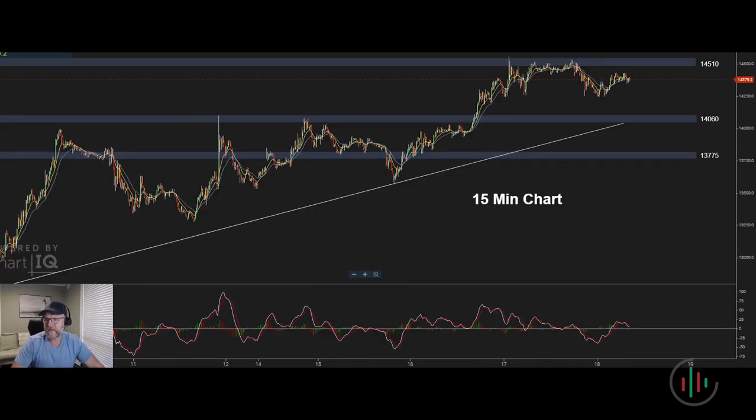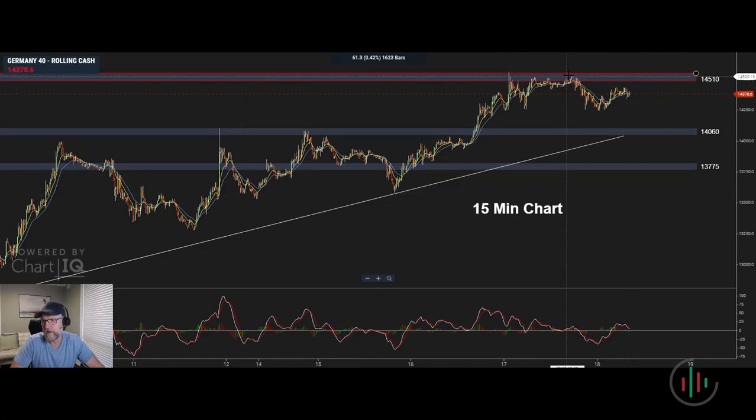Now the DAX was held at that 14,510 area, faded off there, popping up, but it looks like the momentum's fading again. So this could be a lower high. If that's the case, then I'll be looking for, if we're going to stretch this out, here we go, that's the move down. If that's going to be a lower high, a move back into that 14,060 area,